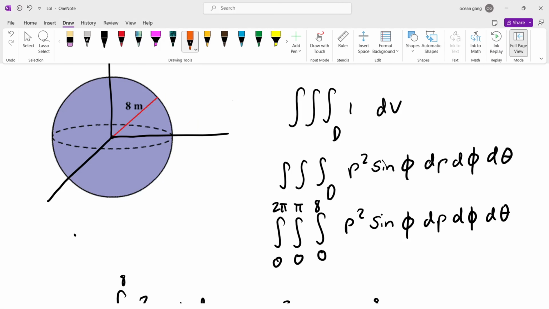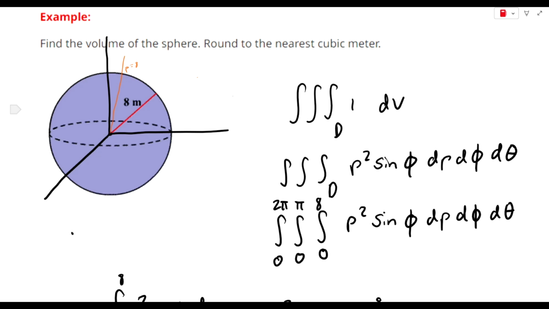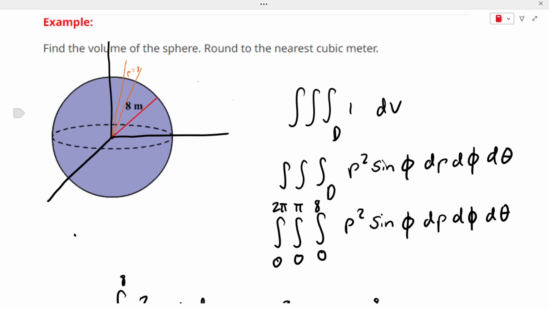So this is how we'll integrate in spherical coordinates. Usually rho goes first, and then you create a ray stemming from the origin, keeping phi and theta fixed. In the basic sphere example, rho goes from 0 to 8, so those will be our limits. Then hold theta fixed and let phi increase. Again, this forms that kind of fan that I was talking about earlier. Since the fan stretches all the way from the positive z-axis to the negative z-axis, our phi values will be from 0 to pi. So now we have a certain slice of this sphere, but we want the volume of